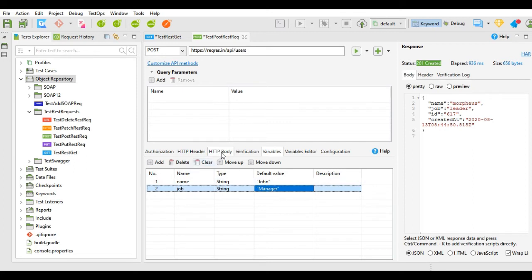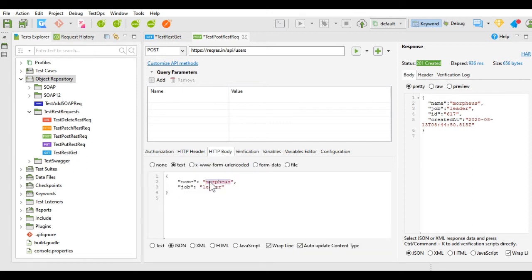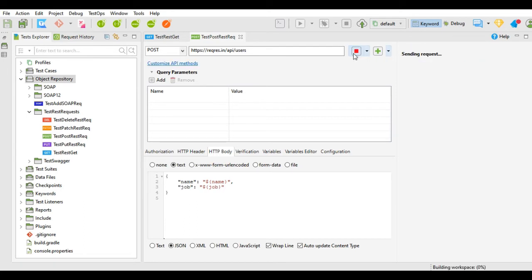Now I will go to HTTP body section, and here in the 2 double quotes I will again provide the dollar and curly brackets and the variable name. I will save this request and we will execute this request again.